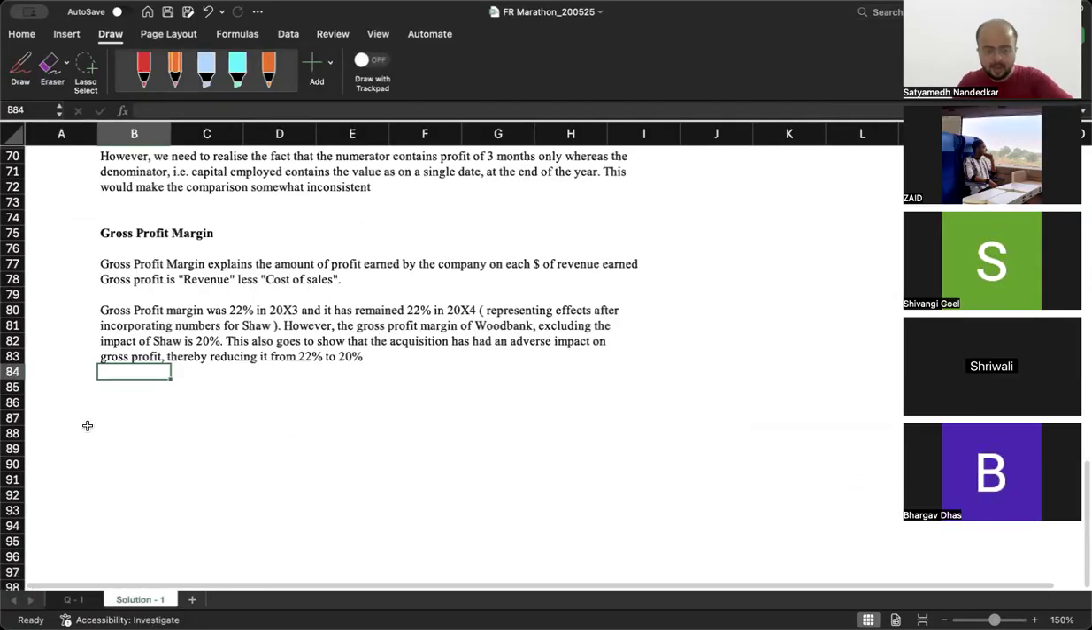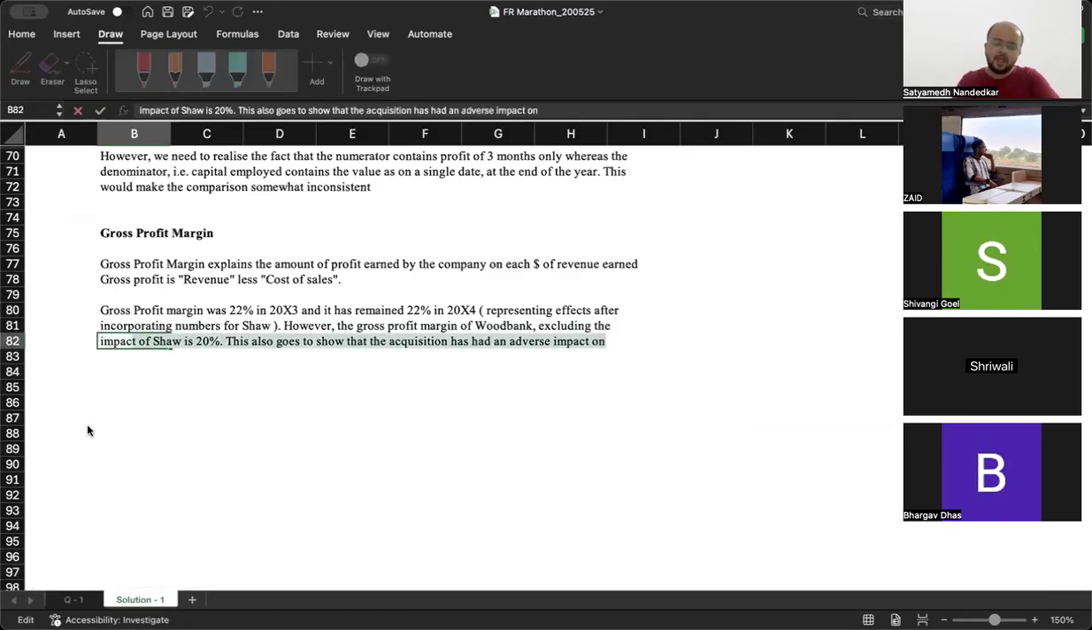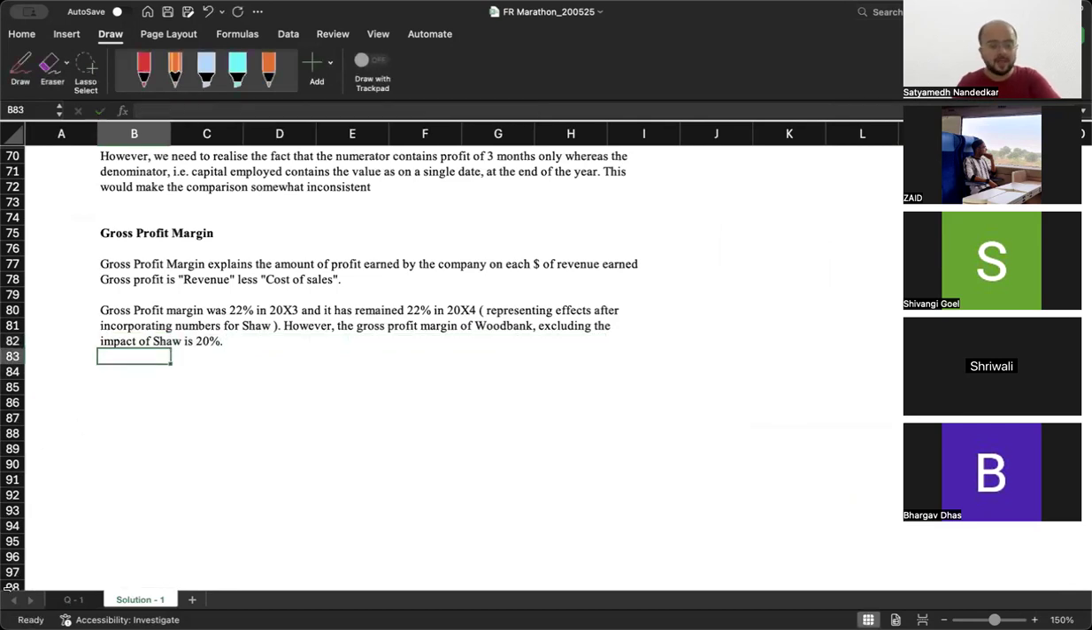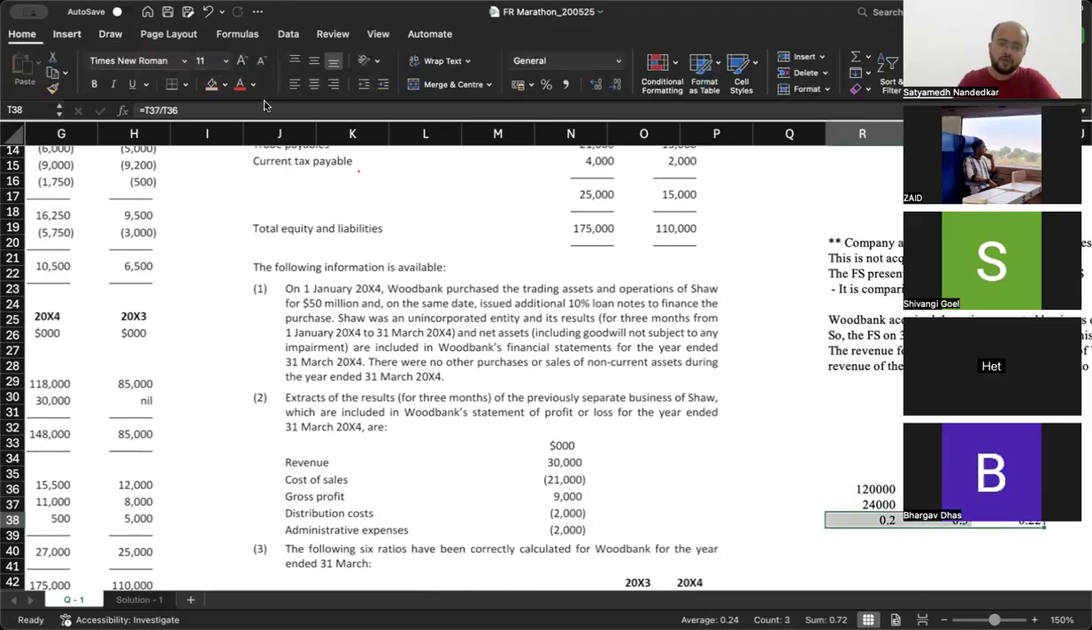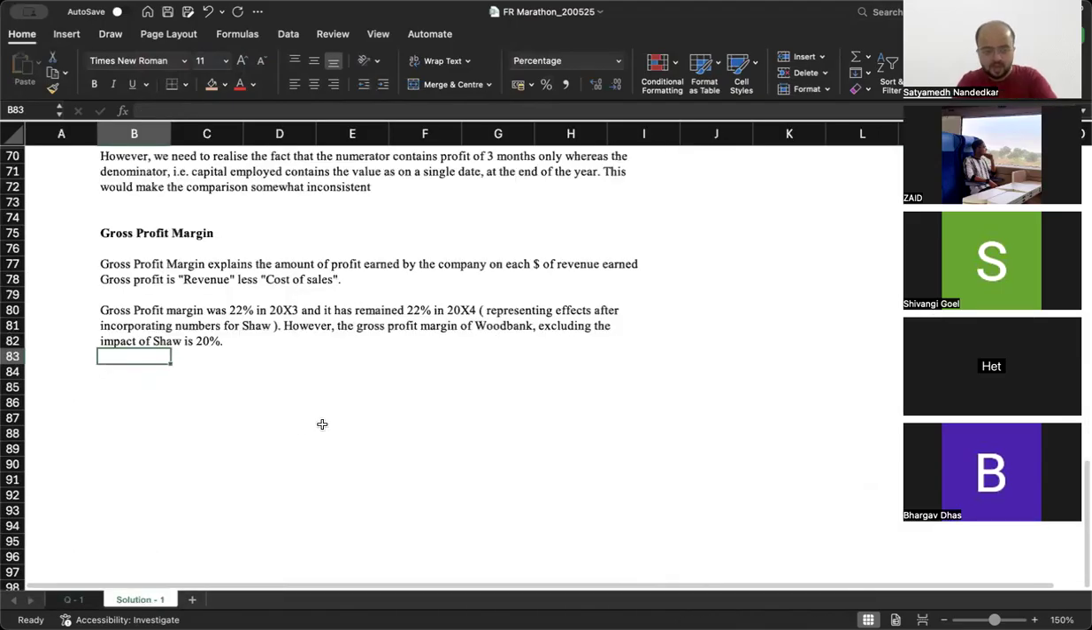So can I make the same statement that I made in the last one, that the acquisition has had an adverse impact? No, मैं पिछला situation copy paste नहीं कर सकता. Ideally, just have an understanding of this. ठीक है. If anything, the acquisition of Shaw has helped to improve the gross profit percentage. Okay, so